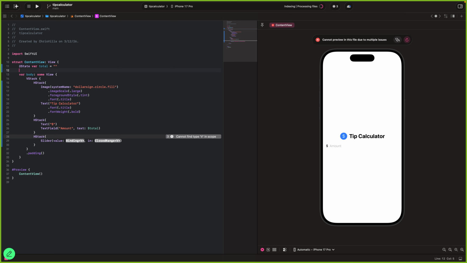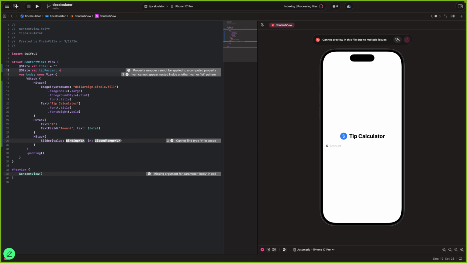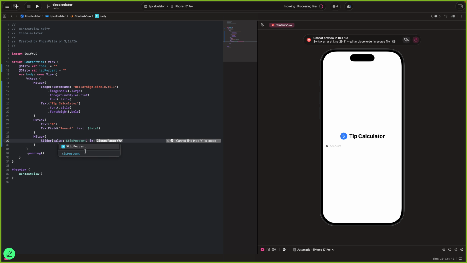It also has to be a binding variable, otherwise it's not going to be able to be edited during the execution of the program, or when the application is running. This variable is going to be called tipPercent. I'm also going to do the same for this one. We're also going to add tipPercent in here with a $ sign, so the program knows that it's going to be able to access and manipulate this variable.